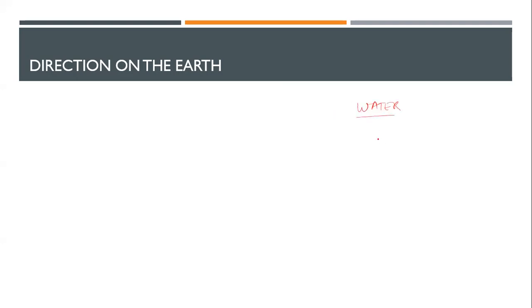Now, when someone is sailing, they also need a direction. You can't tell someone that you can go ahead and from the land you turn left. There is nothing like this. We need a direction. And how did the direction come upon? They came upon it with the magnet or the magnetic compass.